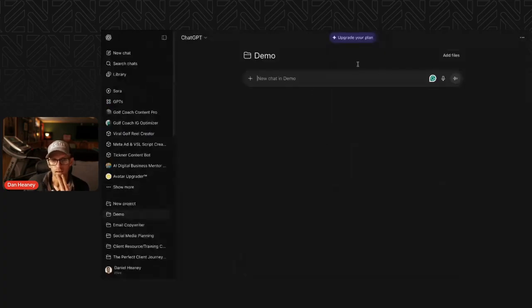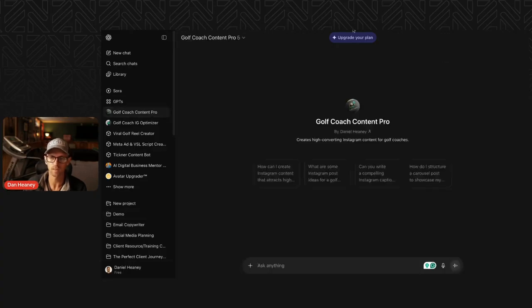When you're inside of this project, you can drop files, information, data, give it context, information, and insight into you as a coach. So you can put anything that you want in here. It will then basically save this as a file that you can come back to over and over again. And now it's trained. It has the information to use your prompts more effectively and actually output better quality content or information on the back end. So I would do that for anything that I was trying to create, is just give it more context. That's essentially what I've done by creating a custom GPT, which you see here. That's another way of doing it. It's just a little bit more complex than doing a new project.